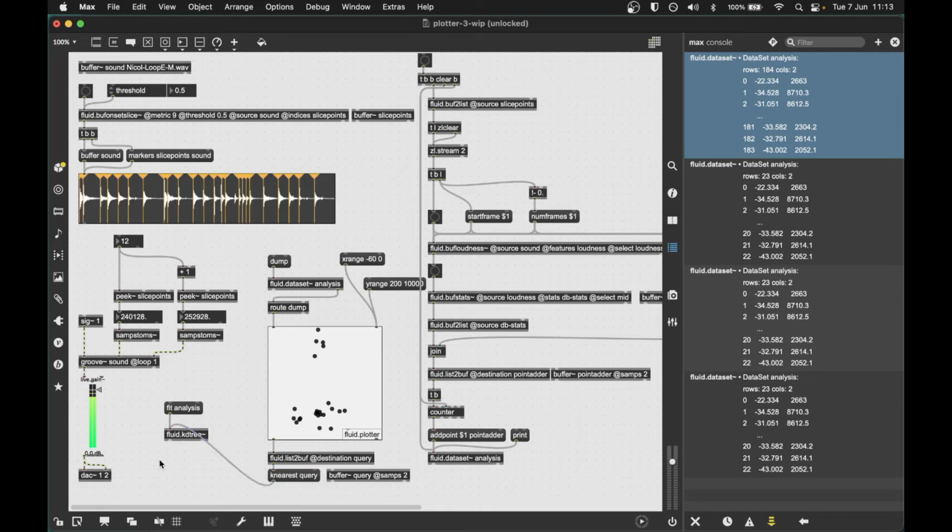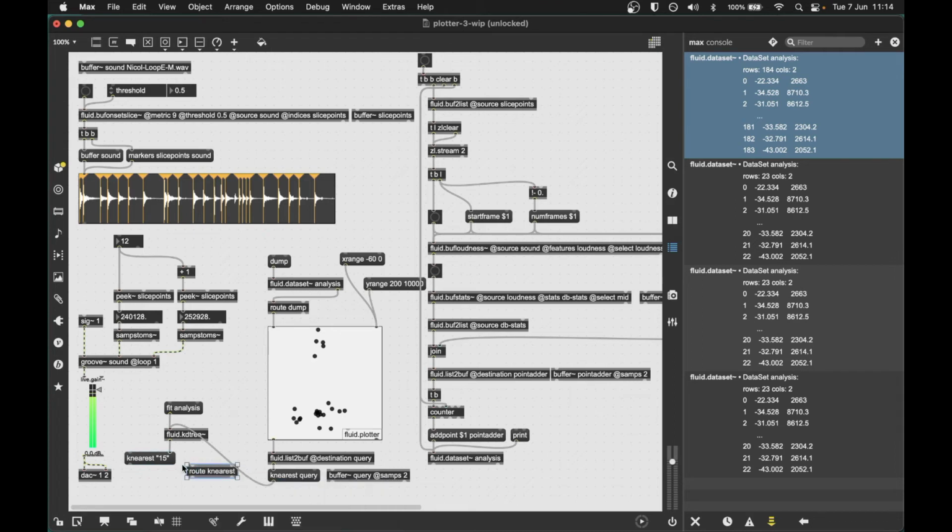And if I send this to KD-tree, it gives us the answer: the nearest point in this data set to the data that you provided in the query is 13, or identifier 13. Now, if you remember back to where we did add point, some number point adder, this is the number that it was. So really, this is a slice index. This is saying the 16th slice, or the 20th slice, or the 15th slice is the one that is closest to your mouse. And we can take that value,